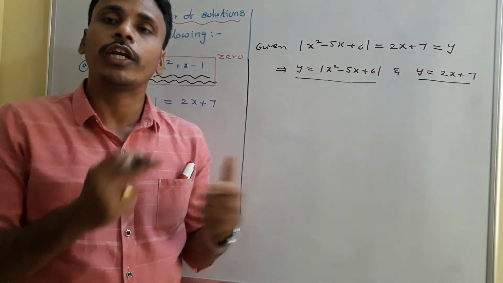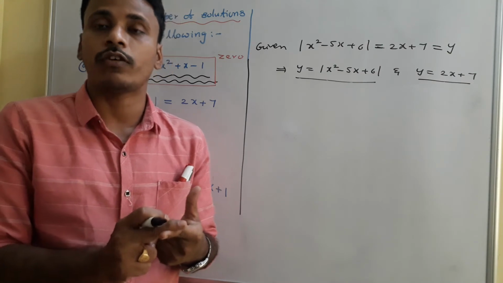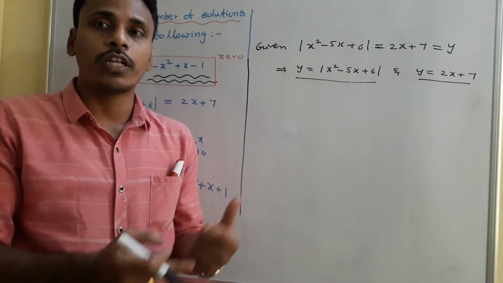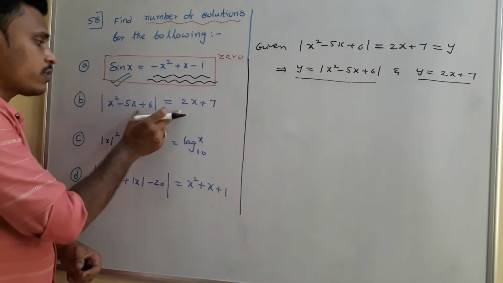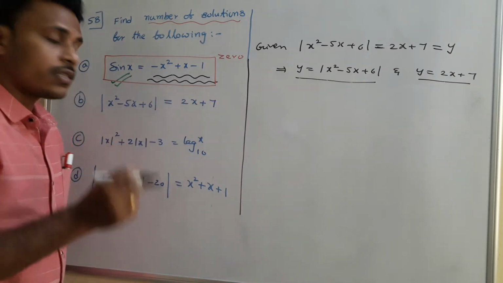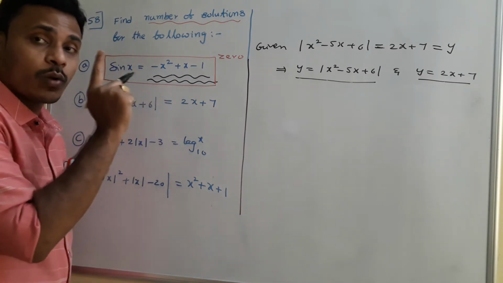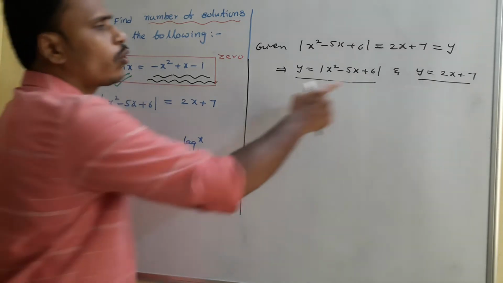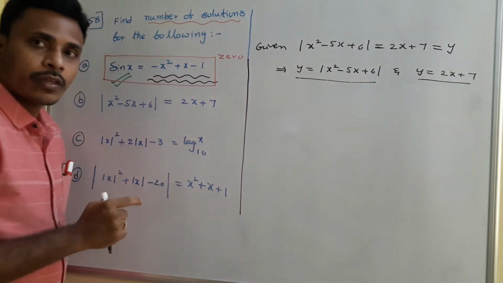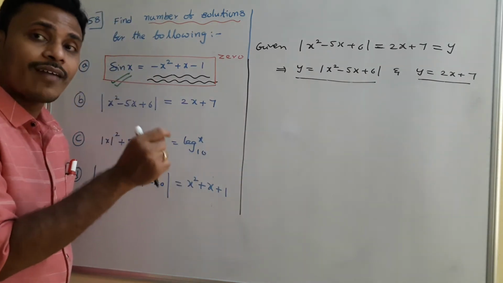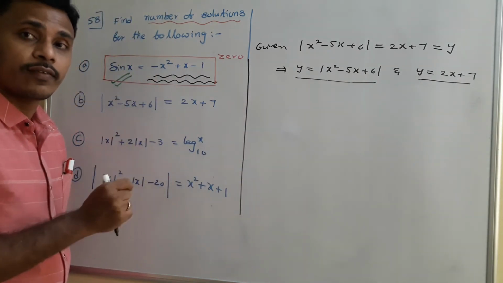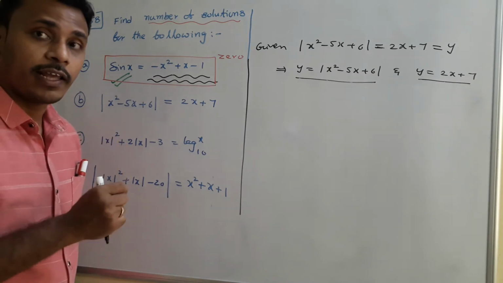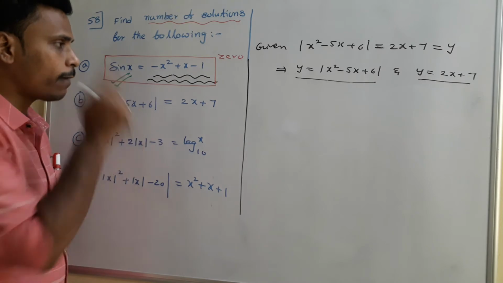At the end, you need to identify the number of intersecting points of those two graphs. As many intersecting points as there are, that many solutions will exist for this equation. These two are equal in the sense that there is one value of x at which they are equal. At that x, you can find y and that y is the same. So at that x and y, you will have an intersecting point which lies on both graphs. That's why finding the number of solutions is simply finding intersecting points. Just have a look.